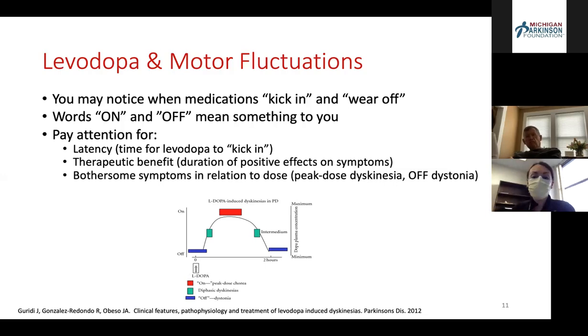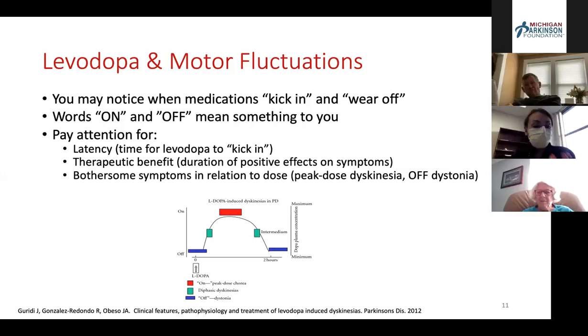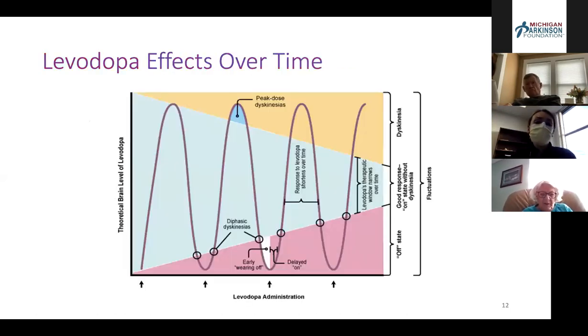And as you lose more and more dopamine, what you run into is that you're heavily relying on medication, because you're having less of your own dopamine being produced. You're pretty much relying solely on medication to replace it. And this medication, unfortunately, is short acting. And again, over time, this is just another schematic, but over time, the effects of levodopa become shorter and shorter